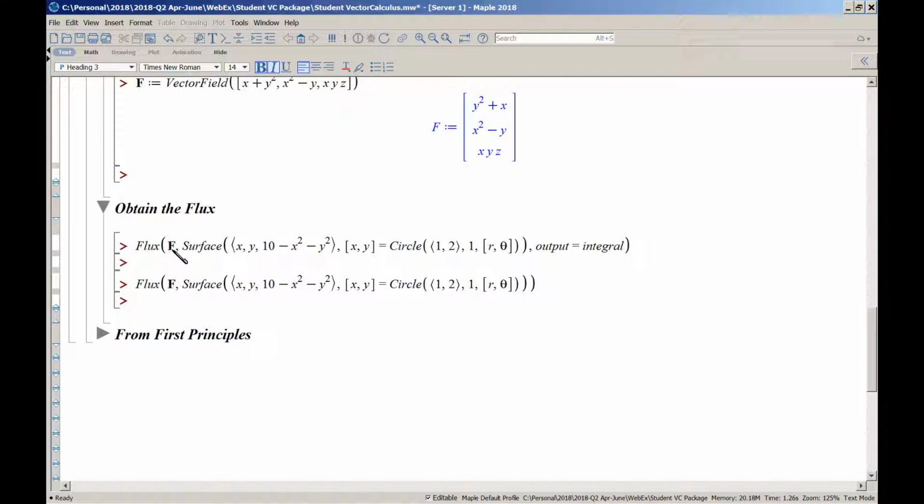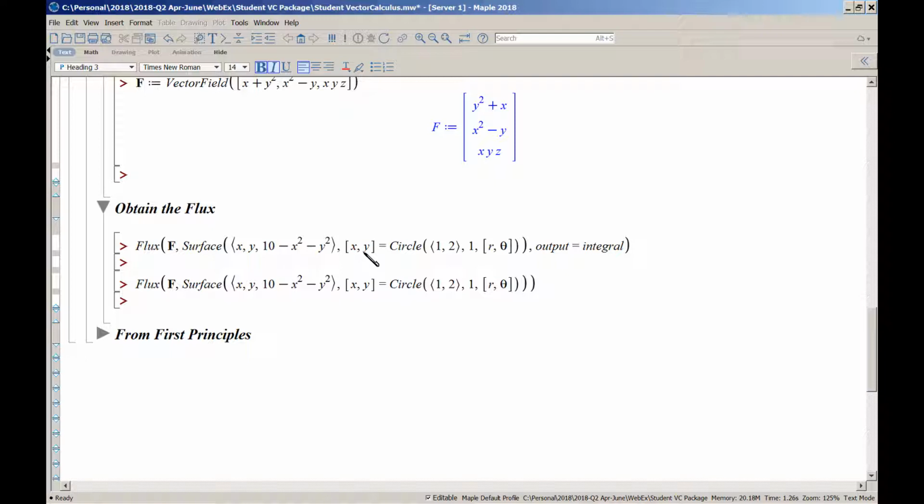So here's the vector field. This is how you give it the surface. It's given parametrically, and that's contained in a vector, x, y, f of x and y. And this is how you give the region over which that piece of the surface is defined. These give the coordinates of integration. Surface makes sense to Maple because the vector field carries a coordinate system, and that's where this part is getting its information. But here you have to tell it that the circle